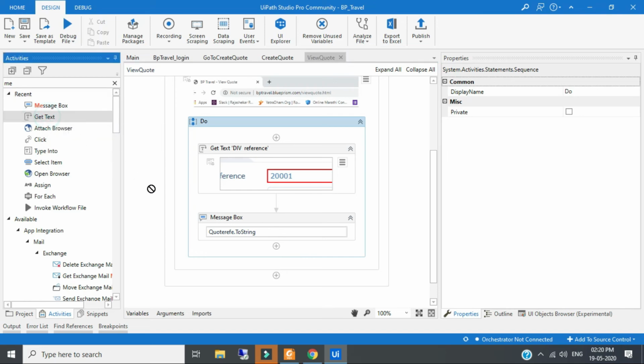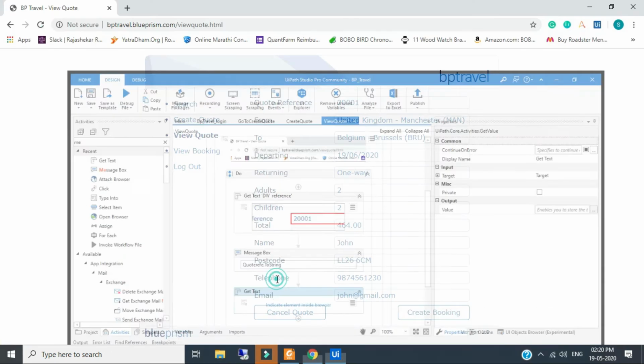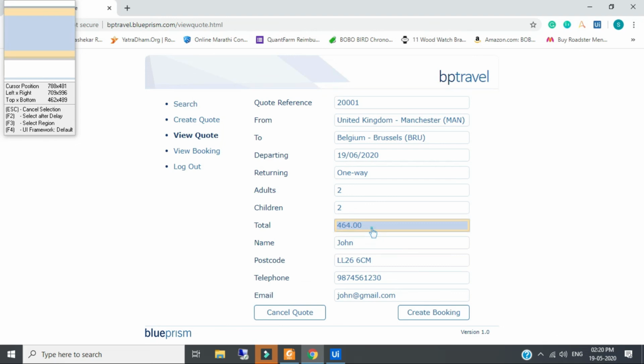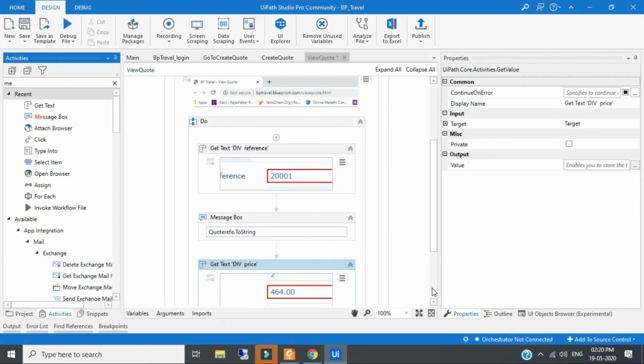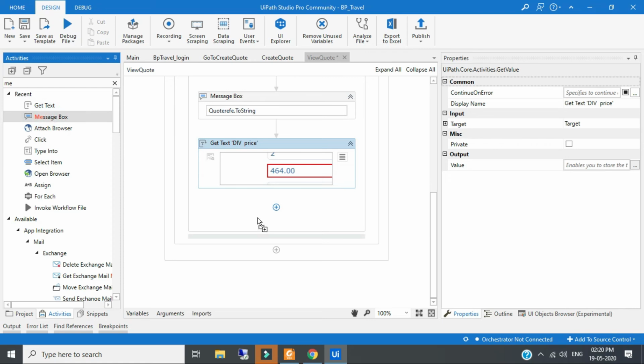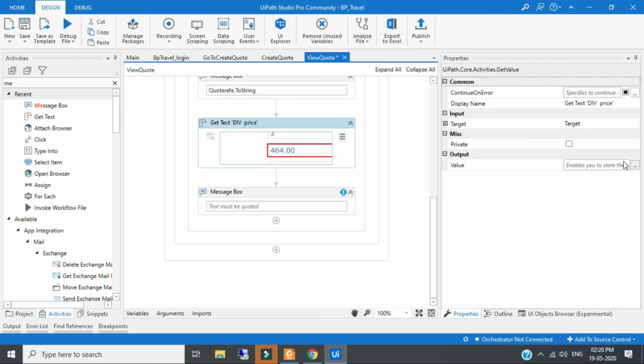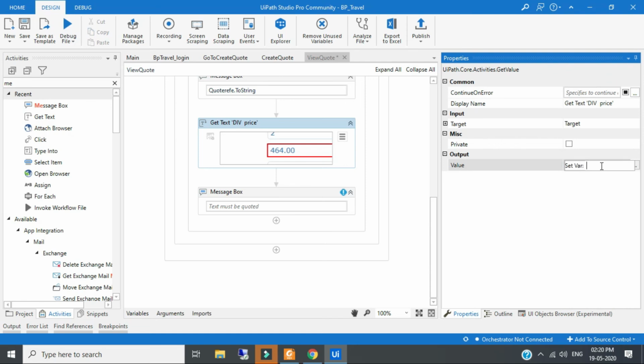Again I have to do the second value, which is the total. So I will again take a get text. I will click. Again I will take one message box. I will create a variable here, that is the total amount.